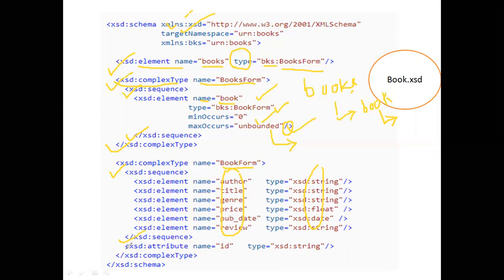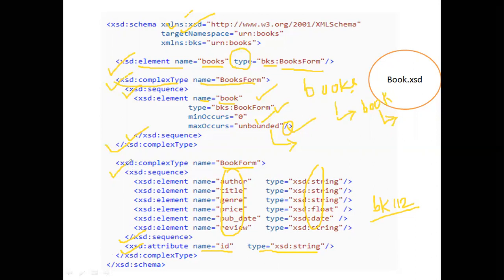Then you have one more item here, the book ID in the XML document. In the XML document, you have one more attribute, which is ID. Further, you have to give the structure: xsd:attribute, the name is ID. The type of the ID is string. It may be PK112, which is of type string. That's why we are using the type of the ID as string.